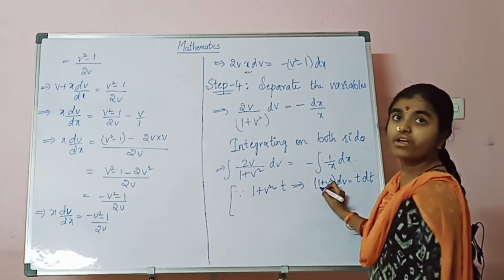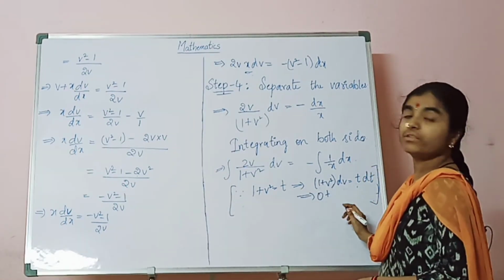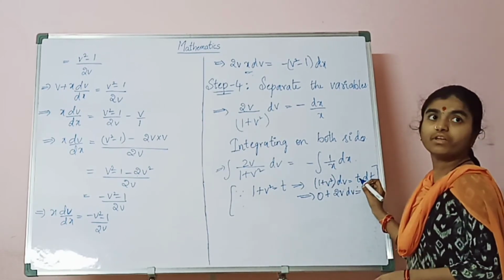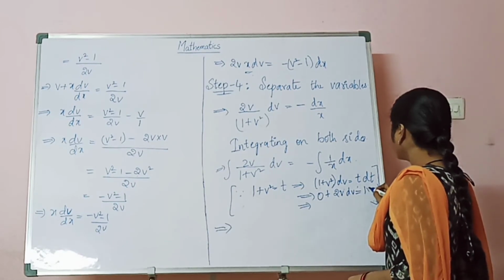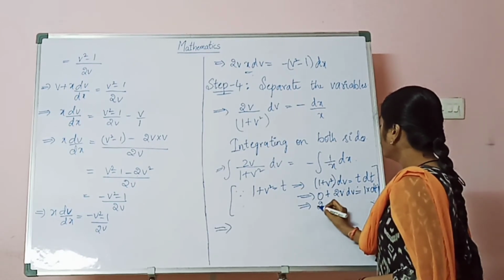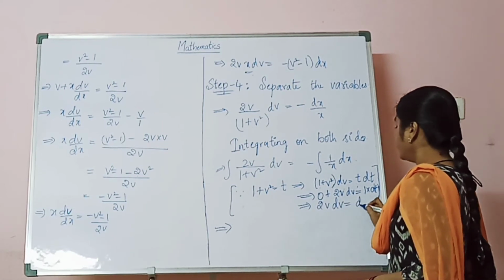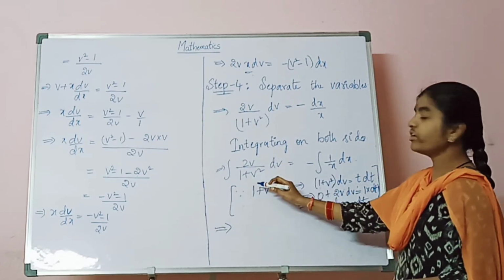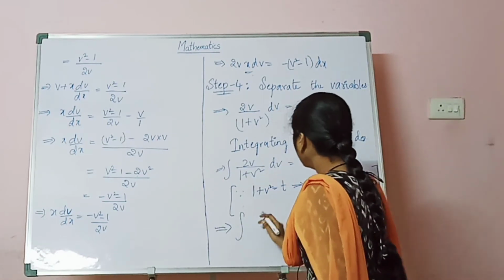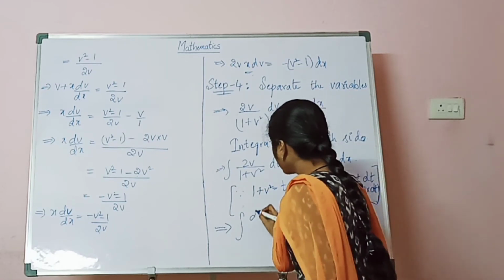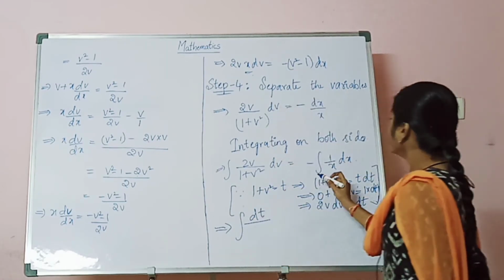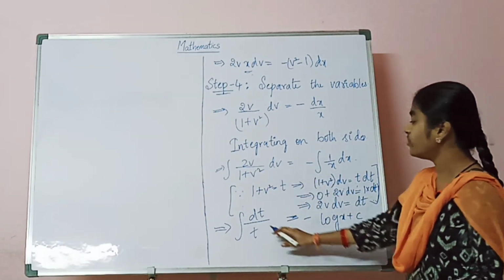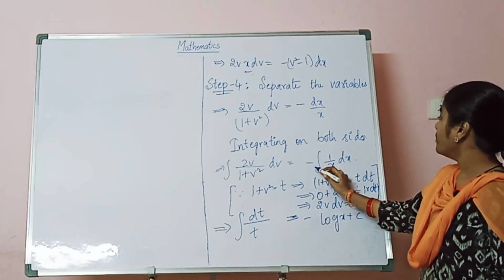So differentiation of constant is 0. Differentiation of v square is 2v dv, equals to differentiation of t, 1 into dt. That implies 2v dv equals to dt. Now we have to substitute these values in integral 2v by 1 plus v square. That implies integral, what is 2v dv here? dt by 1 plus v square. What we took here? Integral 2v by 1 plus v square dv equals to dt by t equals to minus